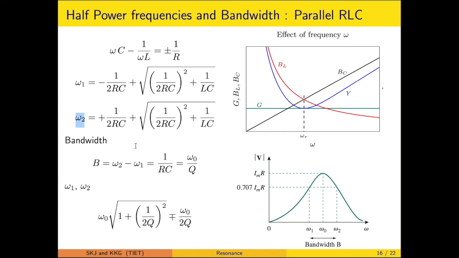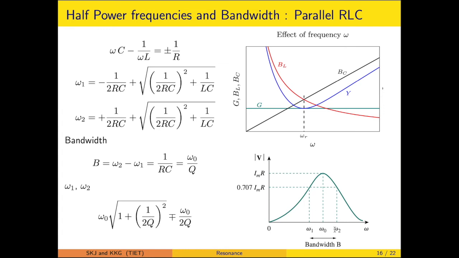So when we solve by the procedure listed out previously, the bandwidth is calculated again as omega 2 minus omega 1 is equal to 1 upon RC. So that particular is still coming out to be bandwidth is equal to omega 0 upon Q, or you can say the quality factor is the ratio of resonant frequency to the bandwidth likewise. So on a similar line, you can approach the half power frequency in terms of the quality factor and the resonant frequency likewise. So that particular is to be analyzed on an analogous line.